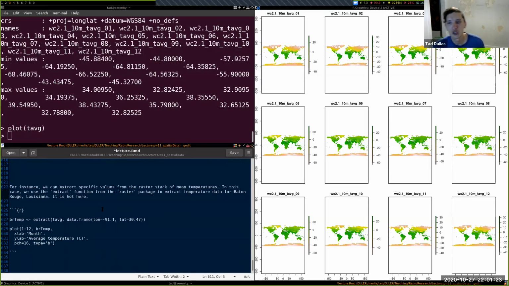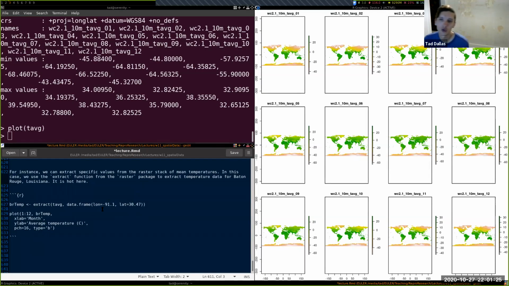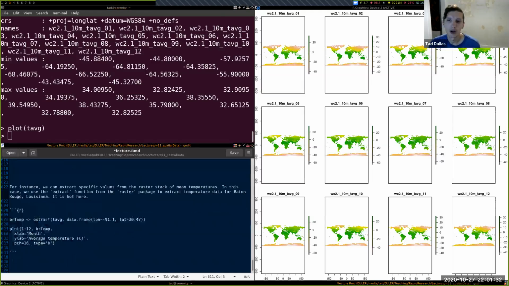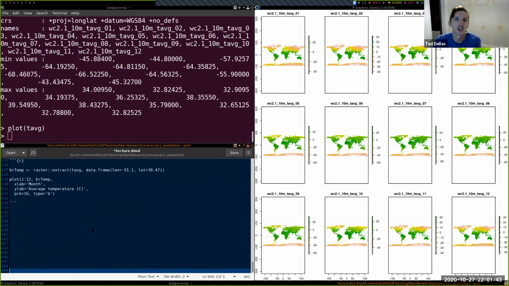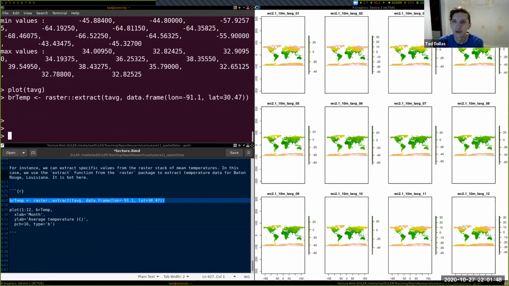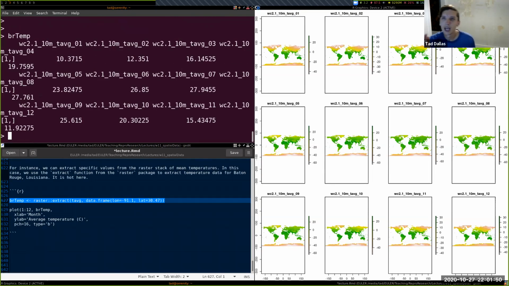And we can start to extract information on these, given these rasters. And so here we have this raster stack called T average. And let's say we want to extract the average temperature in Baton Rouge using approximate coordinates. I just handed it -91.1 and 30.47, which are close enough. And we can use the extract function. And now we have a vector of length 12 corresponding to